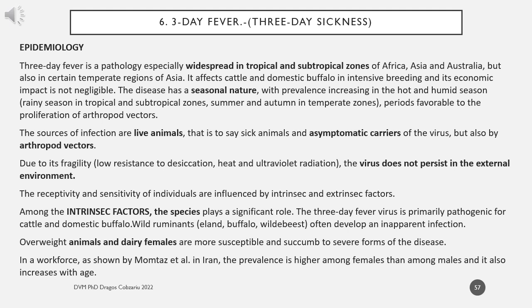It affects cattle and domestic buffalo in intensive breeding and its economic impact is not negligible. The disease has a seasonal nature, with prevalence increasing in the hot and humid season, rainy season in tropical and subtropical zones, summer and autumn in temperate zones, periods favorable to the proliferation of arthropod vectors. The sources of infection are live animals, that is to say sick animals and asymptomatic carriers of the virus, but